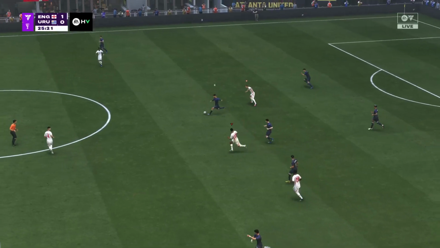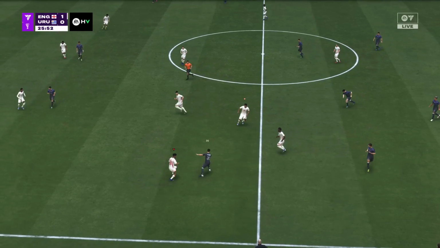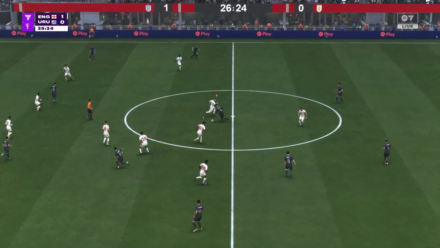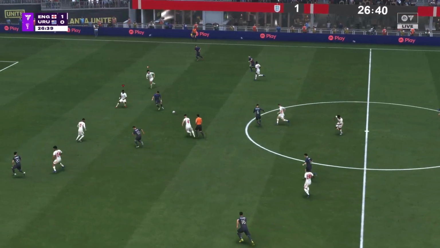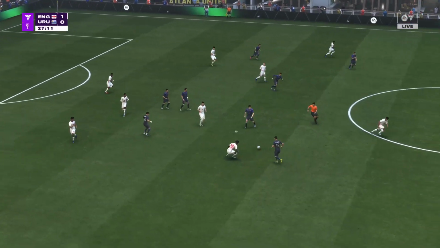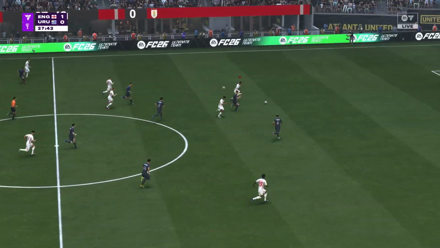Ugarte. Bentancur. Darwin Nunez. Determined defending. Jude Bellingham.